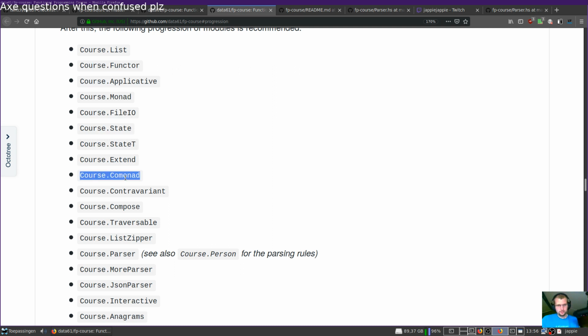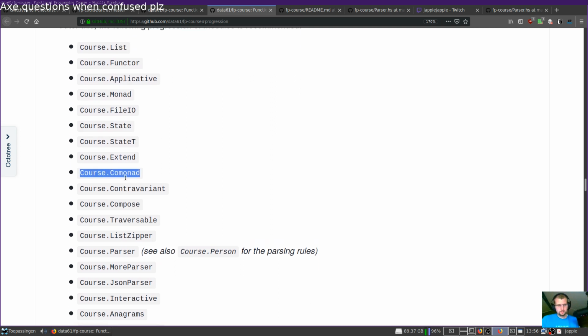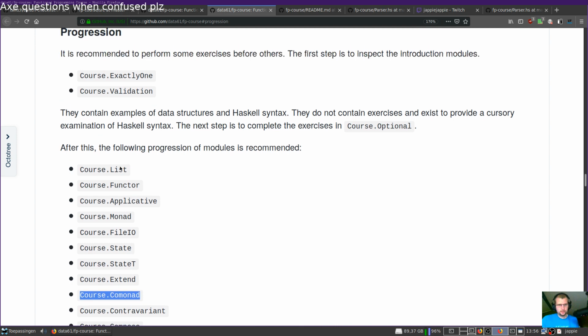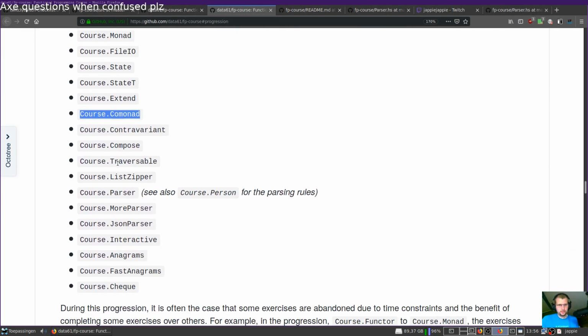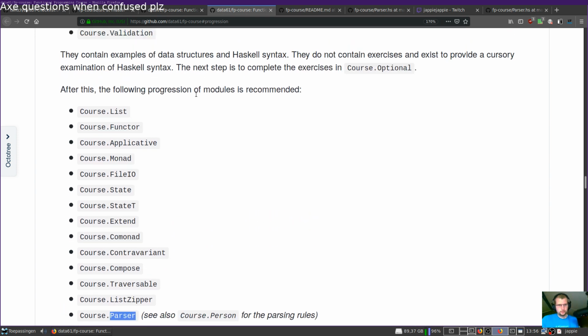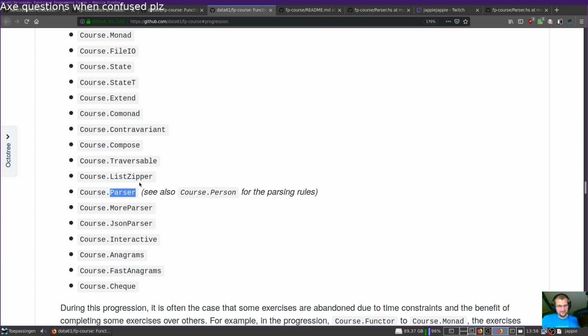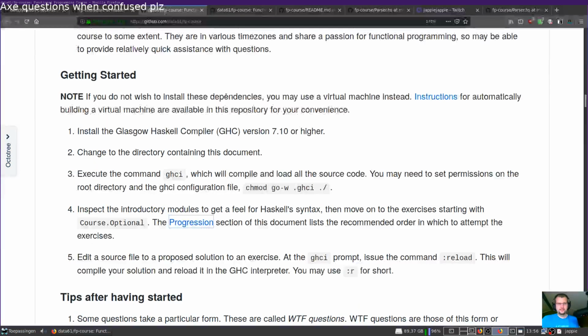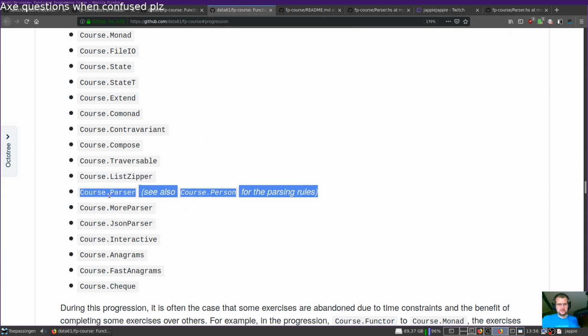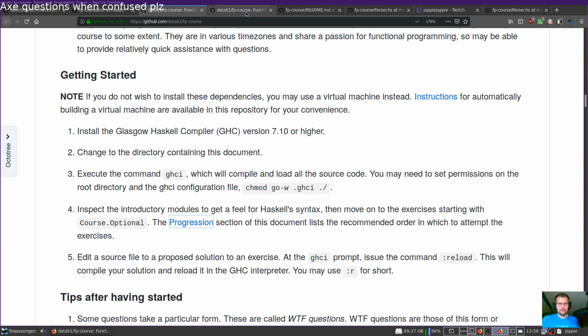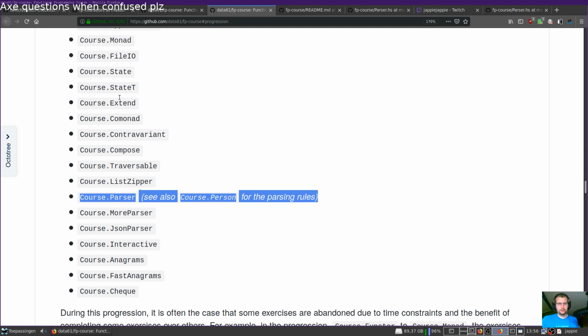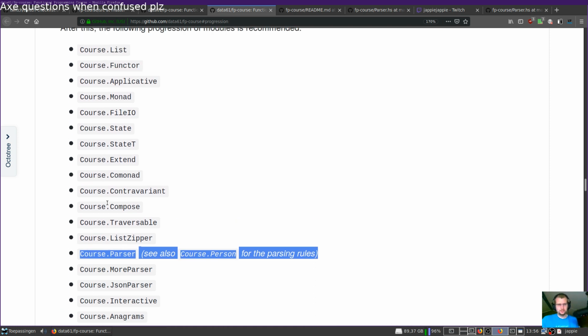Combinators too. Huh, how interesting. Actually, I may learn stuff later. But where's Parser? We just dive into Parser, man. More Parser. It seems completely fine. I don't know. If we run into troubles, we can always go back to earlier courses.